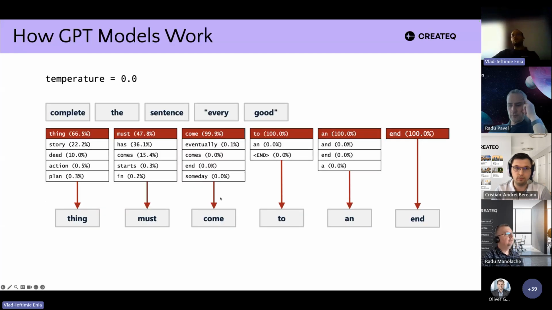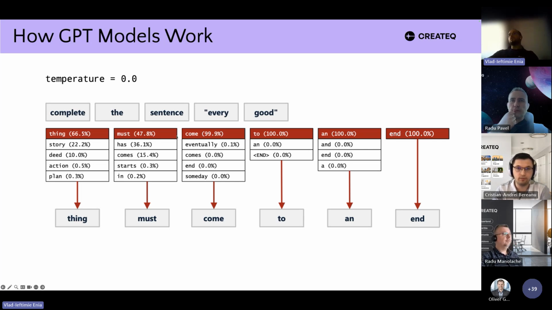So if we use the smallest temperature, in this example where we want GPT to complete the sentence "every good", the most probable result is "every good thing must come to an end." And this is how the results look for each word, after having the sequence at one point and you want to predict the next word.